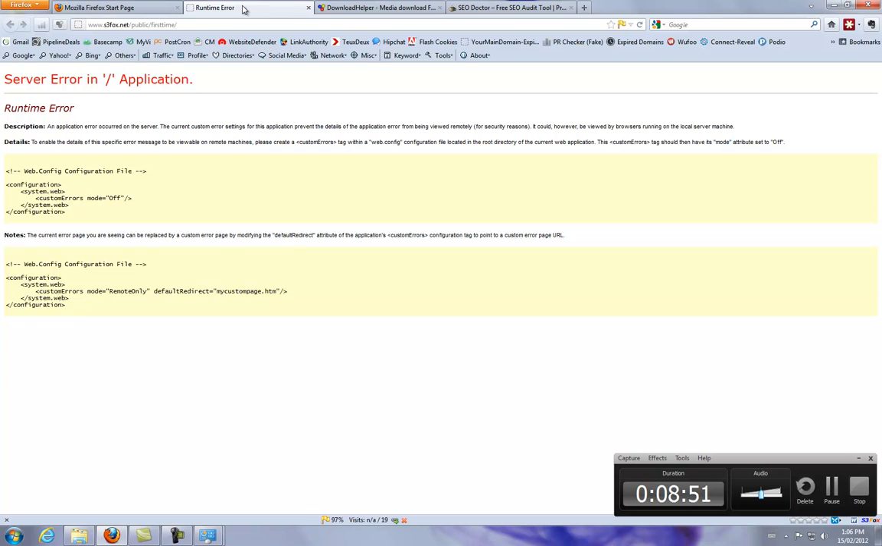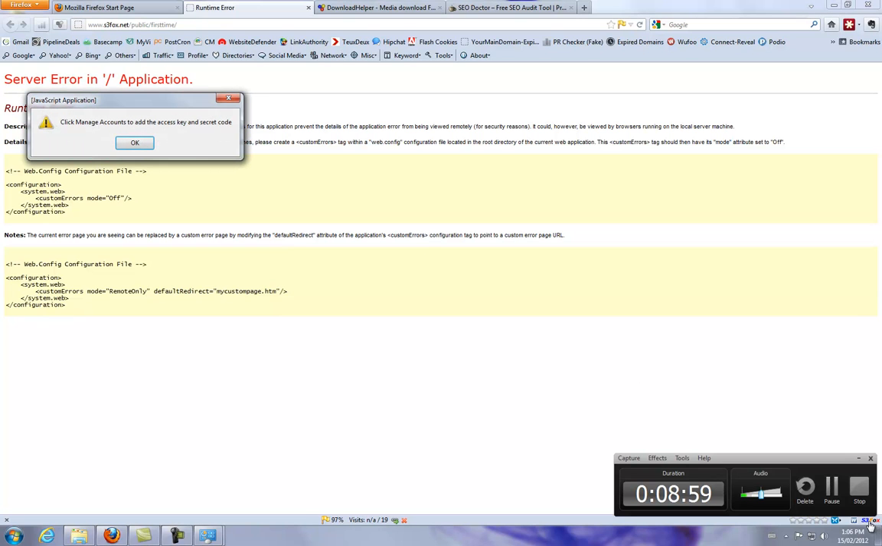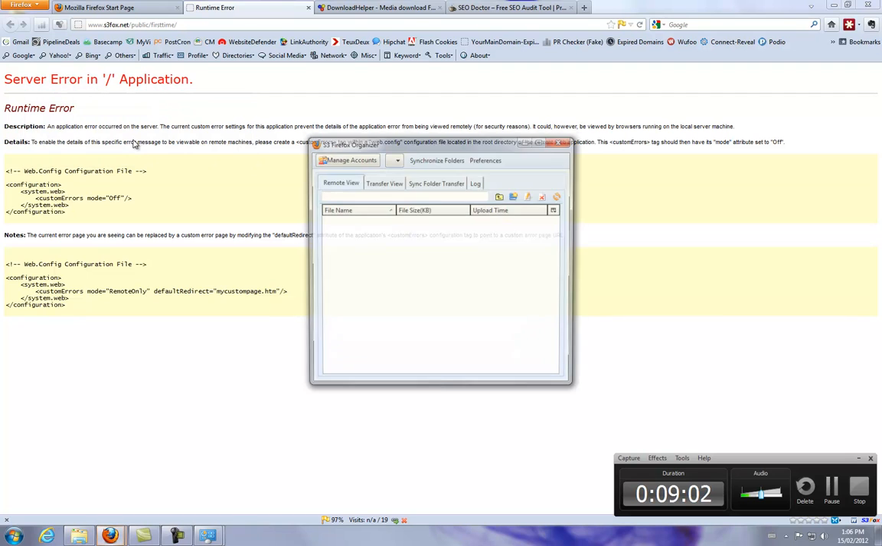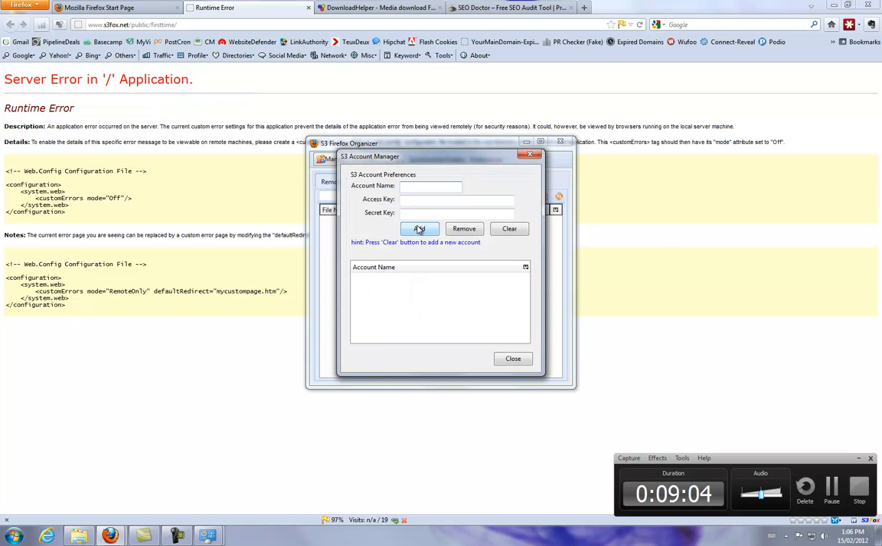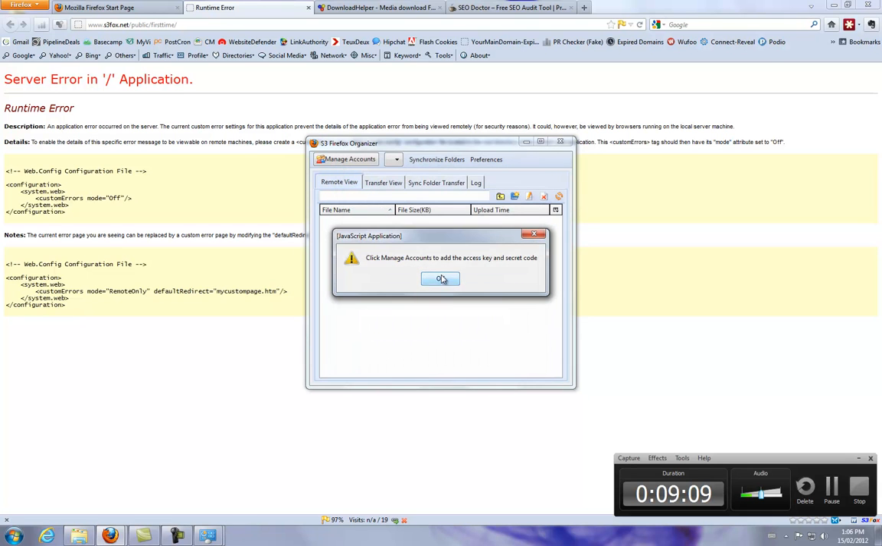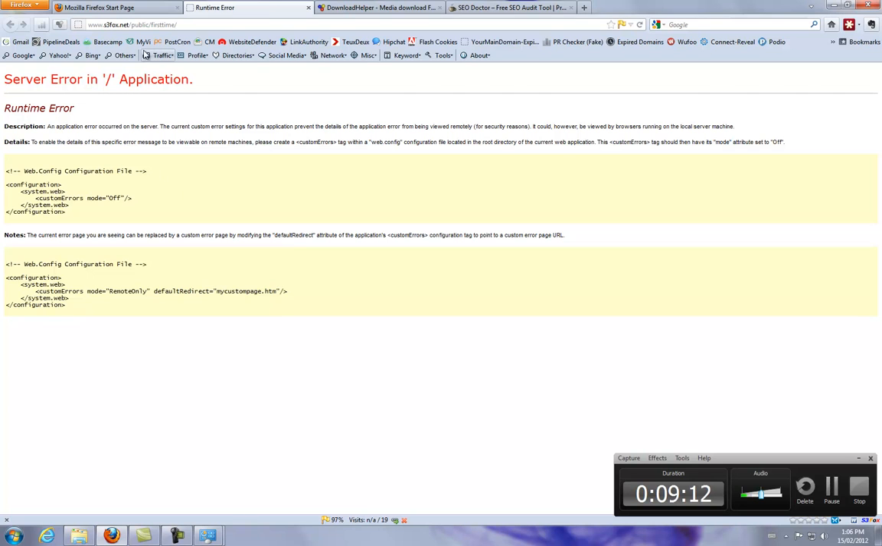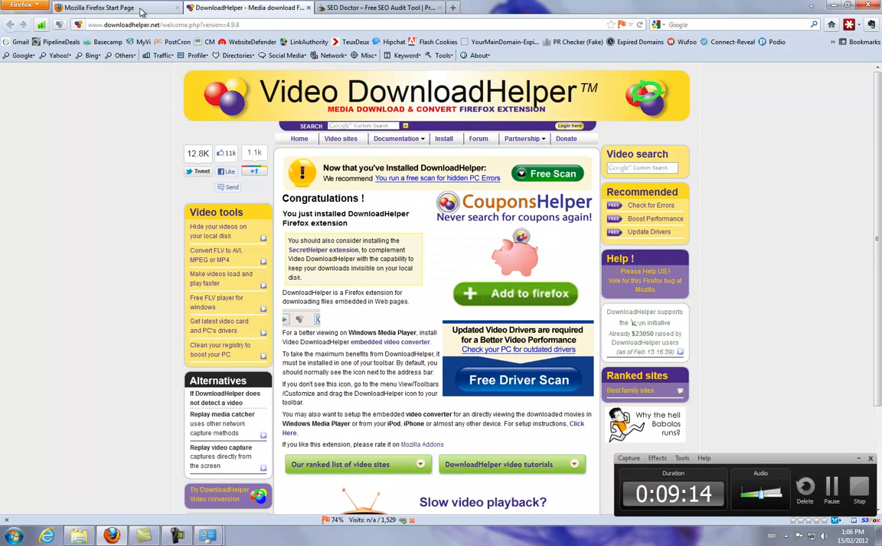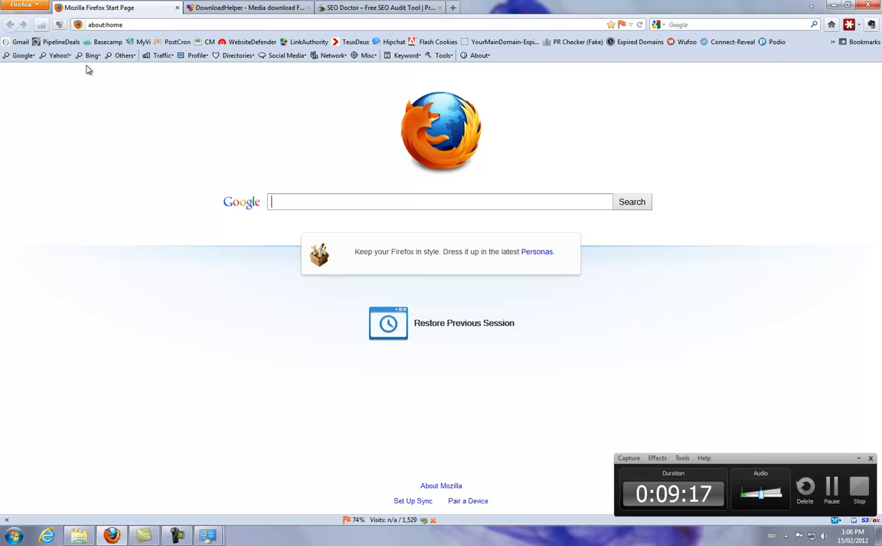Video download helper, and this one had a runtime error on the S3 Fox. It's right here, so I can click in the corner here, and basically what I need to do is enter my secret key that I get from my Amazon S3 account to use that. So obviously I'm not going to do that on video, but I've installed that tons of times, and it works fine. So those are some add-ons that I think are pretty essential for someone that wants to do